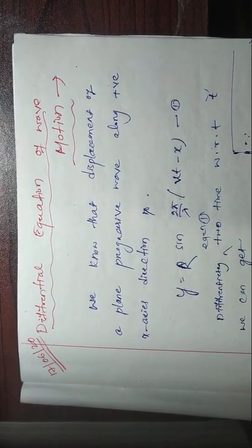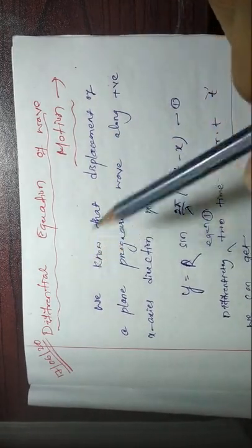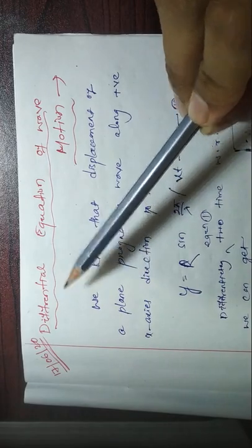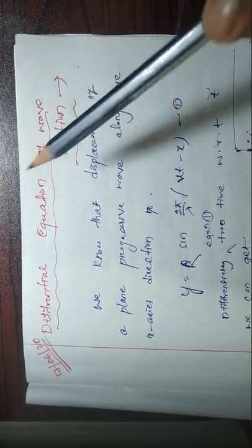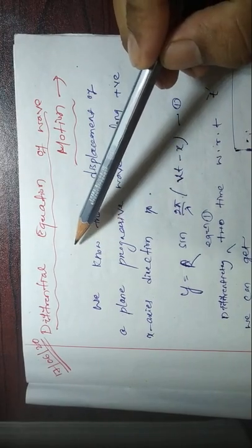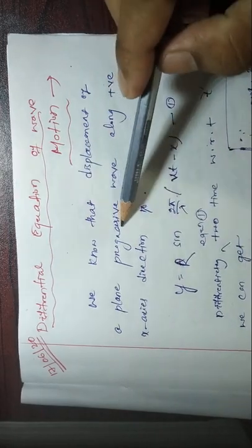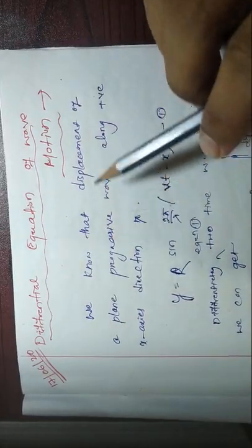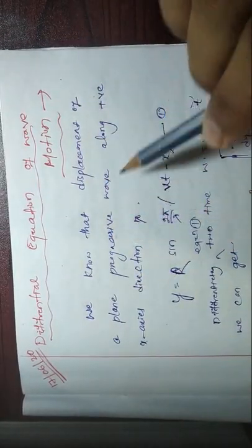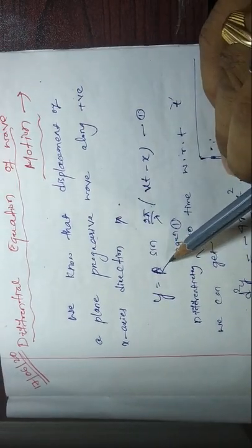Today we are going to discuss the last class note that I have given, the differential equation of wave motion. It will be a second order differential equation. How are we going to get it? Previously we know that for the displacement of a plane progressive wave along the positive x-axis direction, the general equation